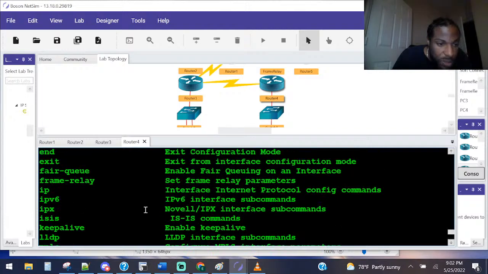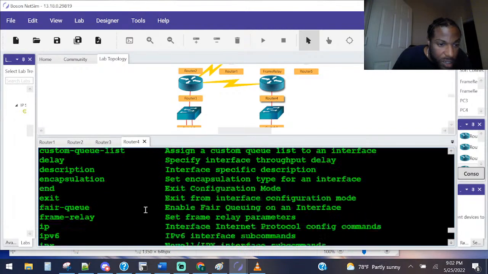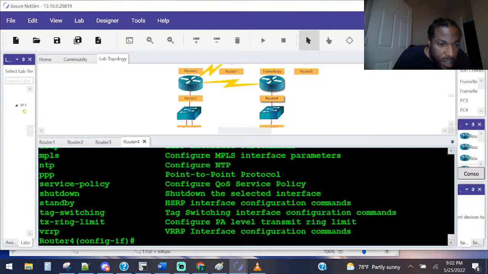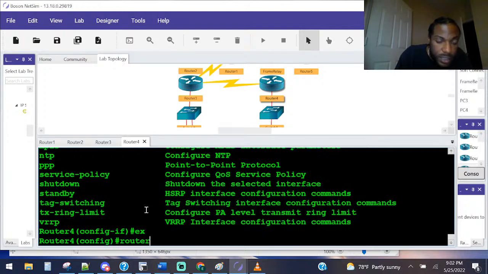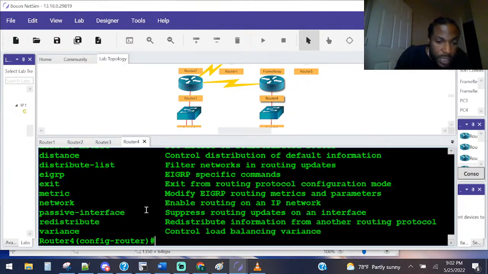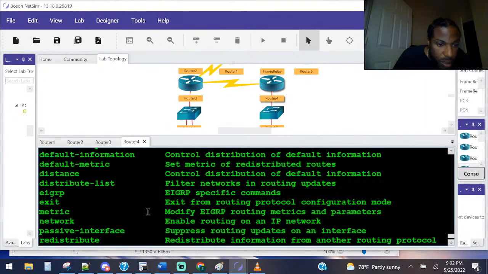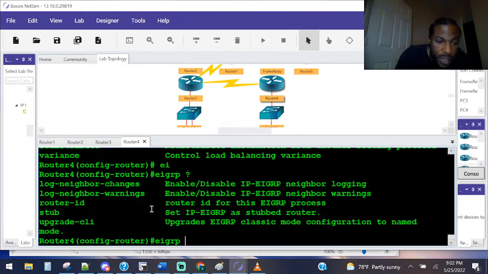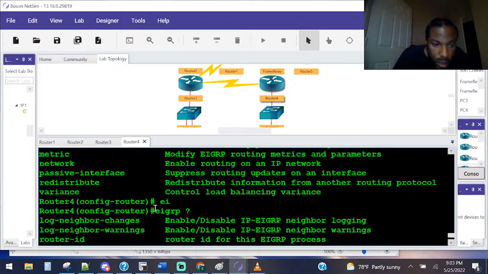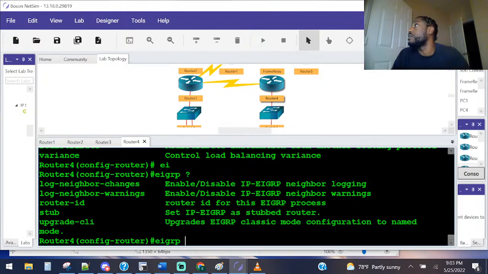Anybody remember how to do authentication on the interface? I can't even remember. I believe you have to go to the routing process then. Let's see. EIGRP 100, and then let's see if I remember. An EIGRP-specific command. So I believe it's that. Nope, that isn't it either. I forgot how to do that, man. And if we don't remember, we can always go